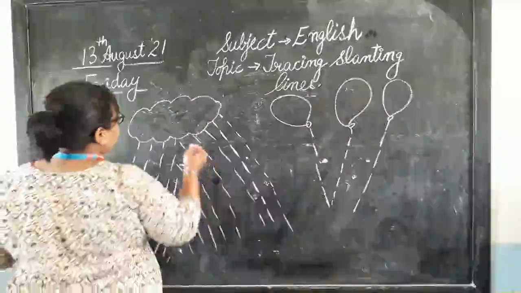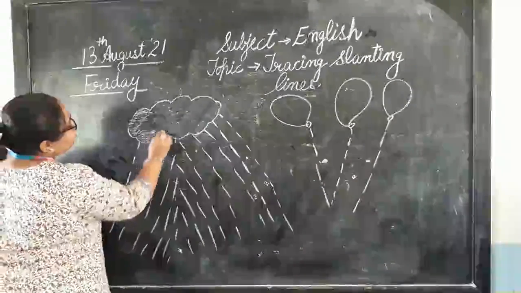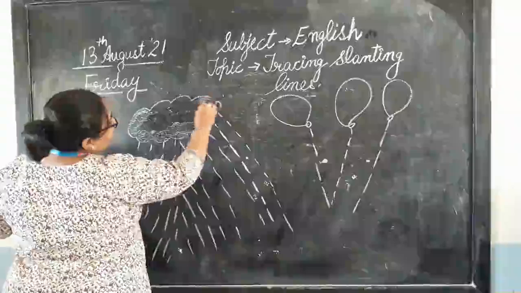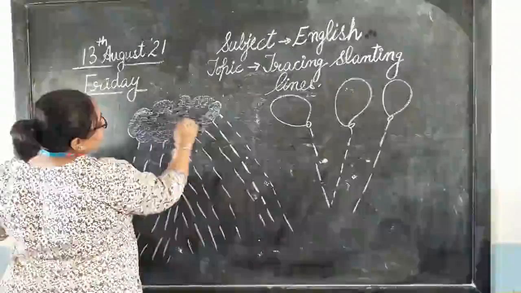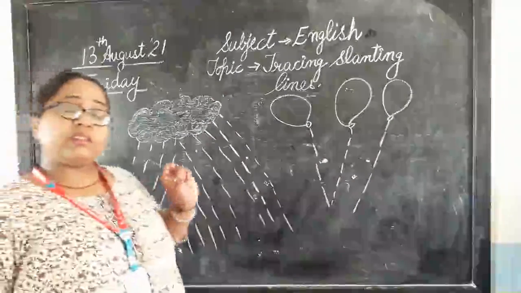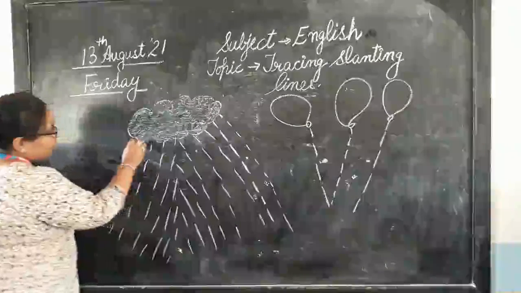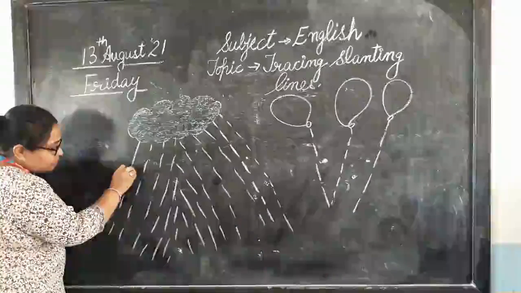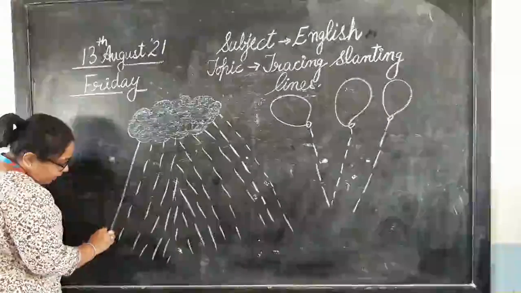So first we are going to color this cloud. Okay, so I have blue color. And like this, I am going to fill color in this cloud. So this is a blue color chalk I am using. You can use your colors like this. It's a blue color cloud. And now when the rain is coming out of the clouds, let's draw the rain. You have to join them slowly. Like this, slowly and slowly you will come down.